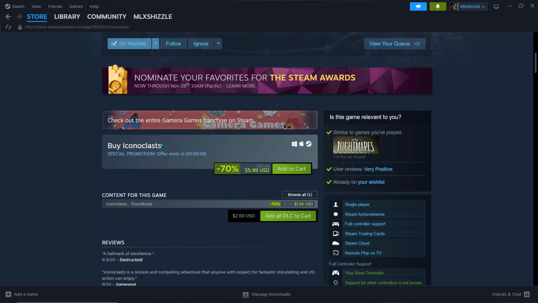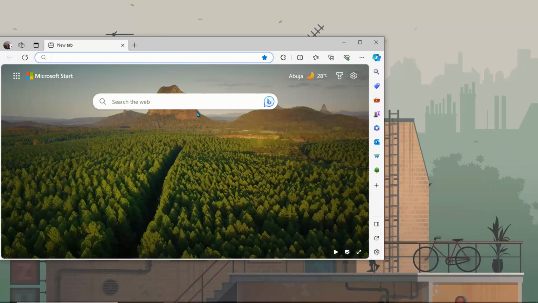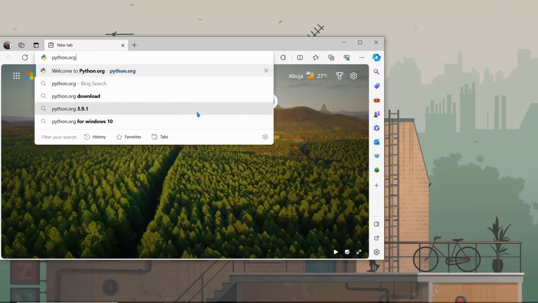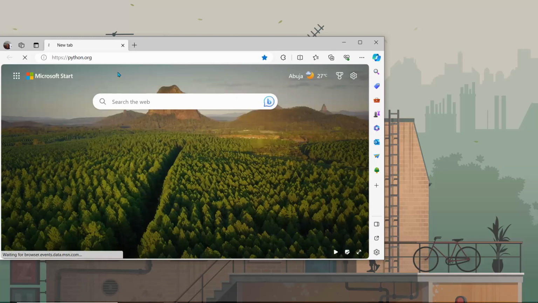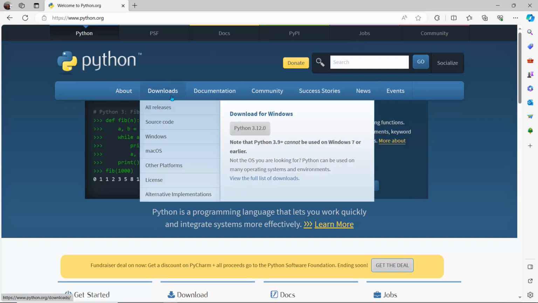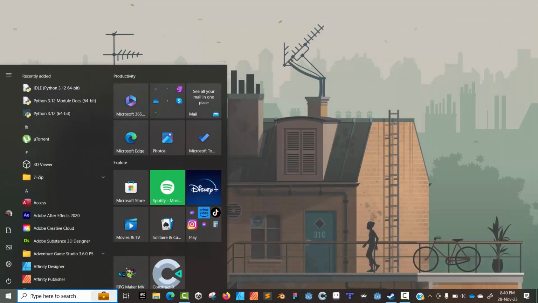Now, if you'd like to follow along, you need to have a copy of Python installed. To do that, just go to python.org and click download. Once it opens up, let me just go ahead and maximize this. Click download and download Python for your operating system. I'm on Windows, I downloaded this. Just double click it and install Python, and immediately after you install Python, if you go to your start, you can actually see IDLE